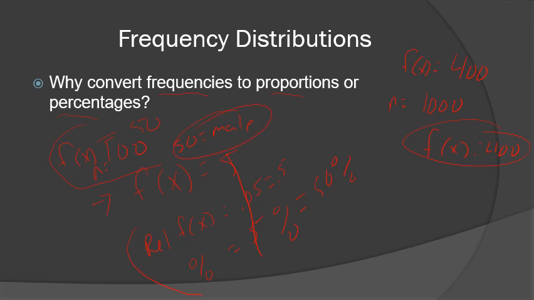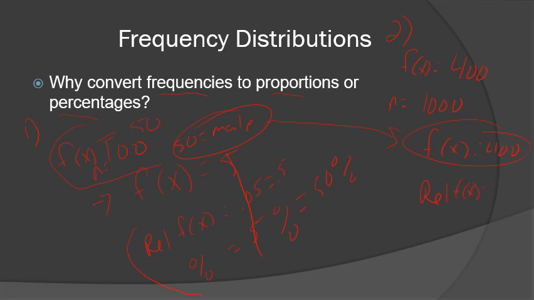If we just used frequencies, we would look at this one and say, well, males are more likely in this group because there's 400 in this group and 50 in this group. So group 1 and group 2. But that's not the case. It's not more likely to be male. Yeah, there's more males in that group, but there's only more males in that group because we collected data on more people. If we convert this then instead to a relative frequency,